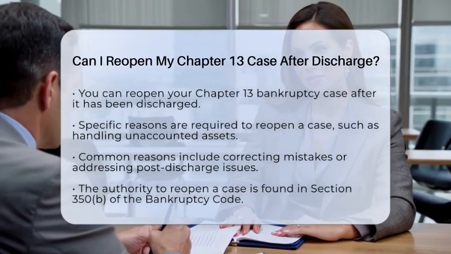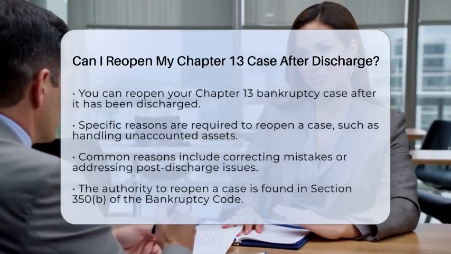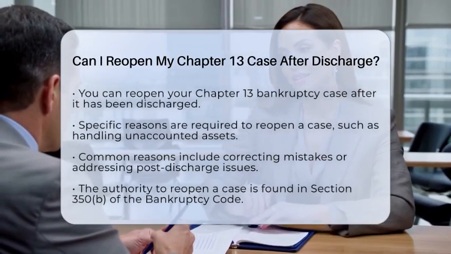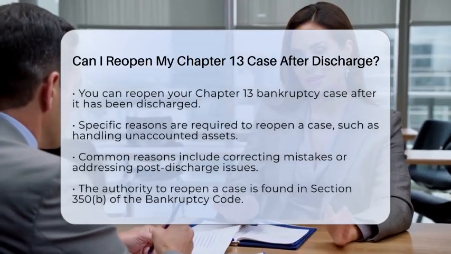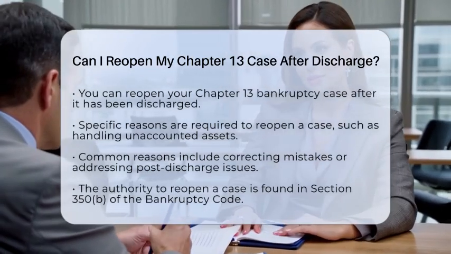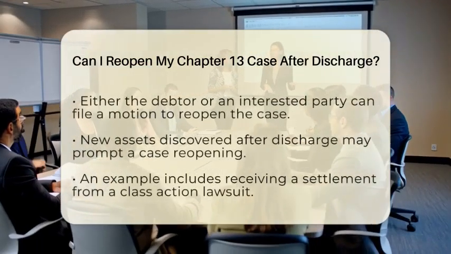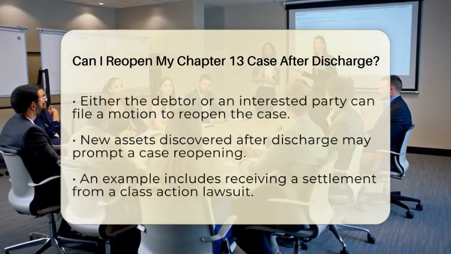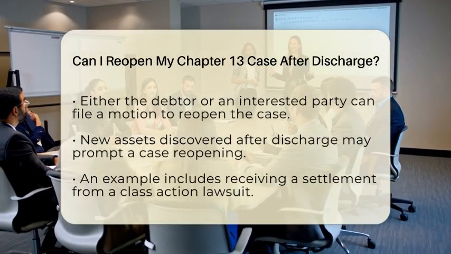for doing so. Typically, a case may be reopened to handle assets that were not accounted for during the initial proceedings. It can also be necessary for correcting mistakes or addressing post-discharge matters. The authority to reopen a case comes from Section 350(b) of the Bankruptcy Code. This means that either you, as the debtor, or another interested party can file a motion to request the reopening